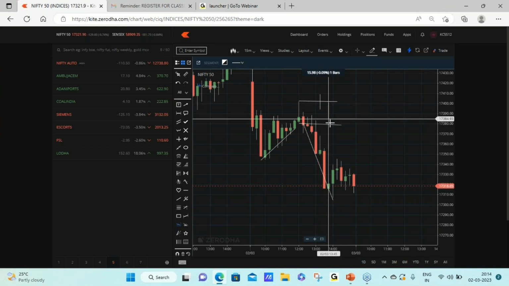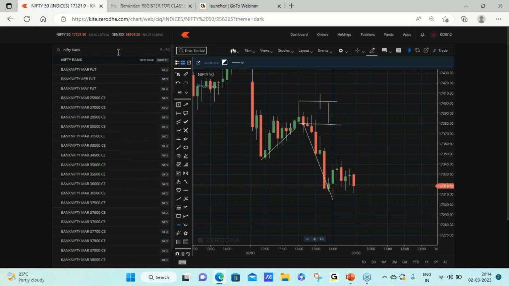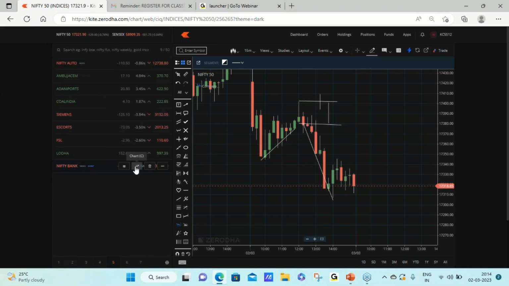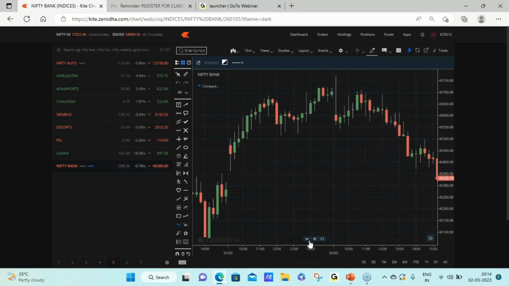what is the risk that you're trying to take here? Trying to take around 21 points. Yes or no? So did you achieve 21 points return here once the low of the candle is breached? Yes, right. So that is the beauty of the inverted hammer with all the prerequisites. So let me just try to take Nifty Bank. So Nifty Bank, if you take,